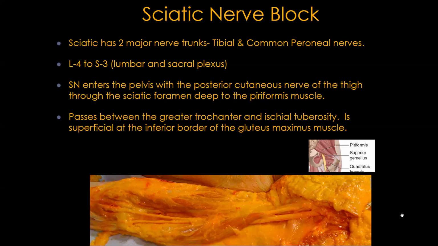And then it passes between the greater trochanter and ischial tuberosity. These are two landmarks you can feel on yourself, right? The greater trochanter and the ischial tuberosity. Right in the middle of there is a huge nerve. So when you're looking with ultrasound, you think, all right, there's the ischial tuberosity, there's the greater trochanter, right in the middle, with my curvilinear probe, I'm going to see a nerve this big,